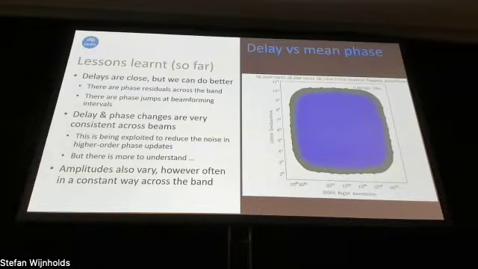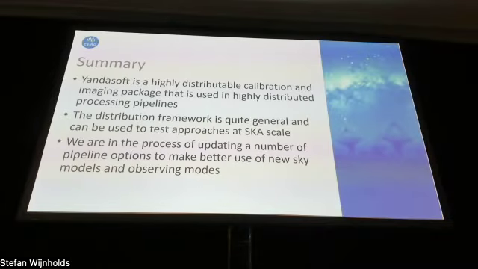Right, I think this is my last slide, but this just shows here we're flicking through two things. One, which shows some residuals, sponges around the brightest sources, is if you use just the delays, and the other is if you use the average over the beams to correct the phases of the bandpass, using the average phase of the reference. So that's working very nicely, and we've just turned that on, I think, this week, and hopefully it's making nice images. Sure there'll be some tweaks we need to make, but it's all looking very nice. I guess I'll end there.